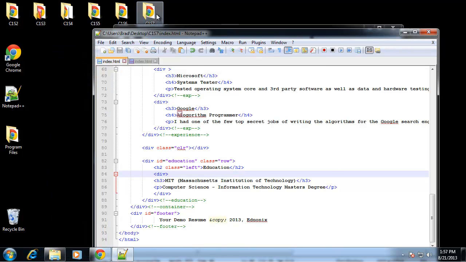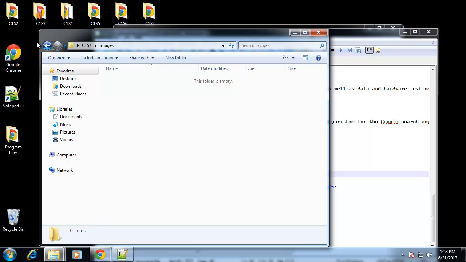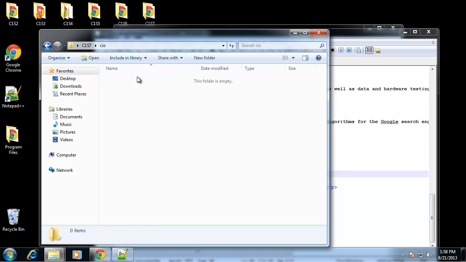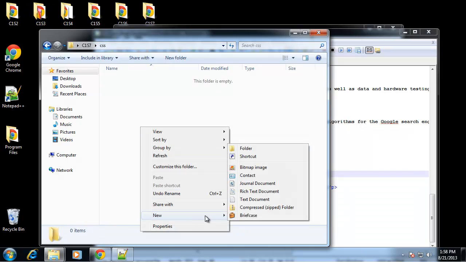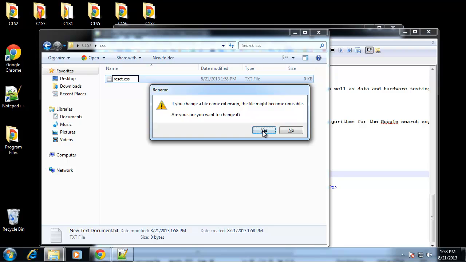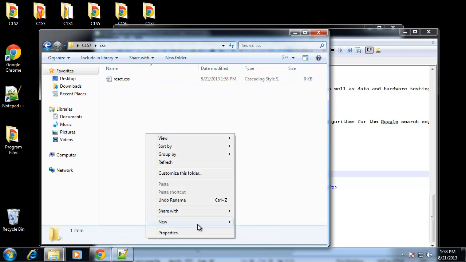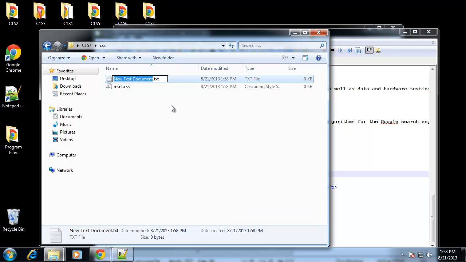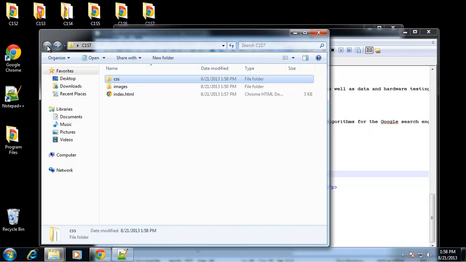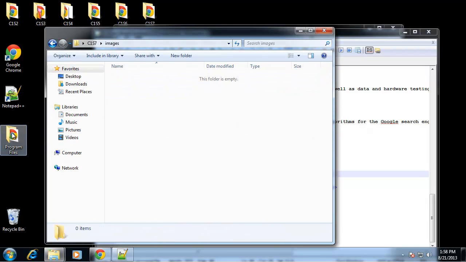Chapter 7. Alright, so what we want to do is add our style sheets. So I'm going to create a reset.css and a style.css. Okay, and we have one image that we want, so let me grab that image,